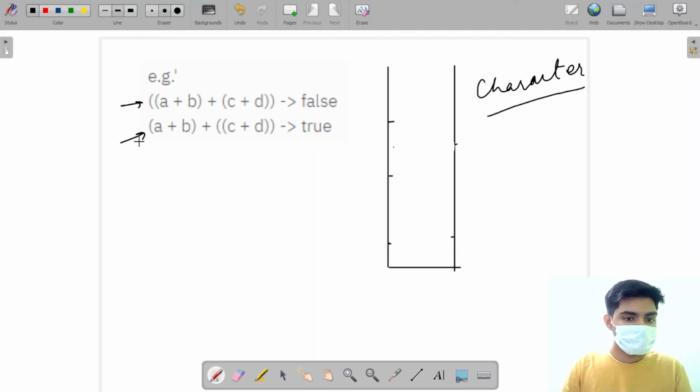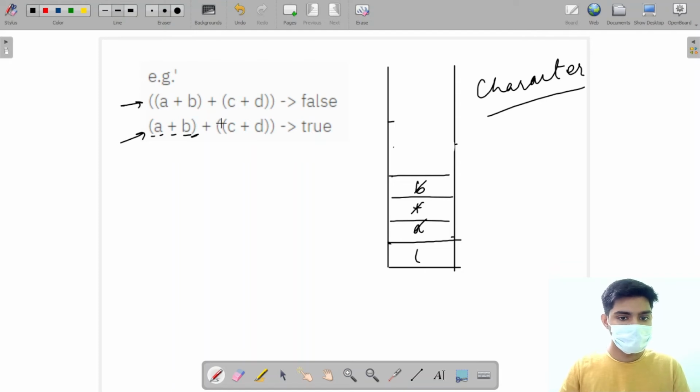So for this expression, I'm going to do the same thing. I'm going to push every element except the closing bracket. So I'm going to push A, I'm going to push plus, I'm going to push B, and as I find a closing bracket, I'm going to pop every element till I find an opening bracket, and then I'm going to pop the opening bracket as well.